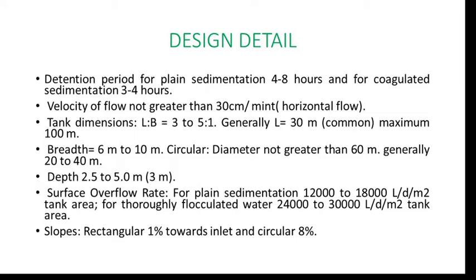The second assumption is that the suspended particles should settle in the same manner as they settle in a settling zone. The next assumption is that the particles reaching the sludge zone should be effectively removed. Next, the incoming flow should be distributed uniformly over the cross-sectional area of the tank. That means the settling of particles happens throughout the tank, not at a single side of the tank. Next, the concentration of suspended particles of each size should be uniform throughout the cross section at right angles to the flow.